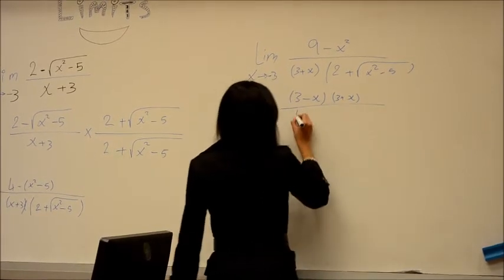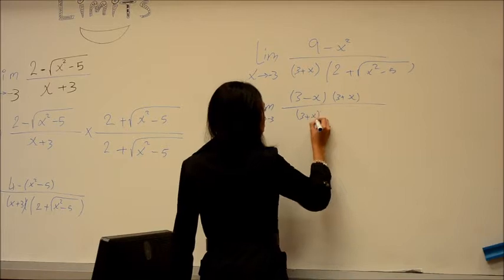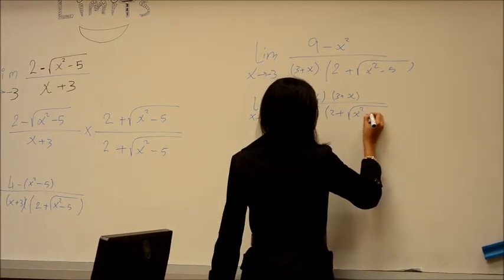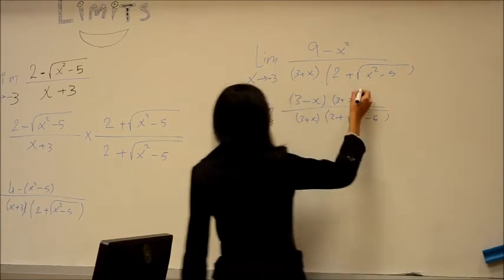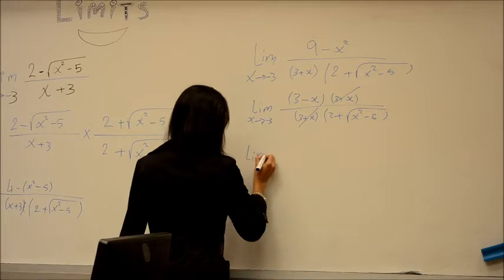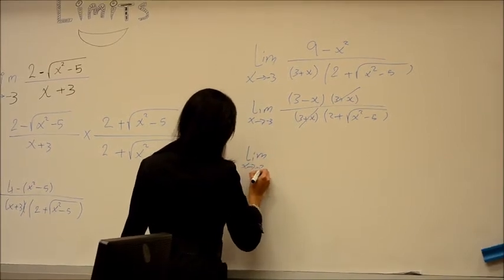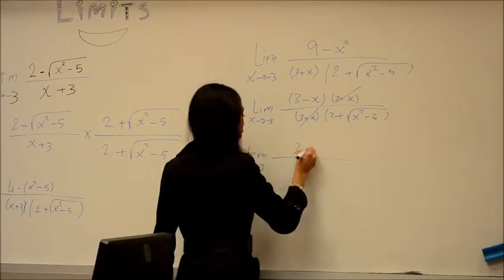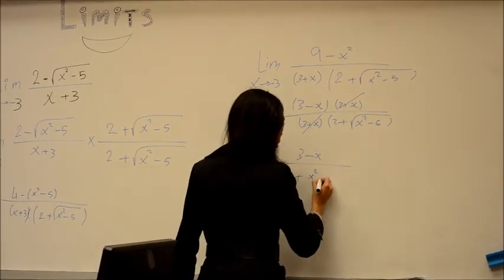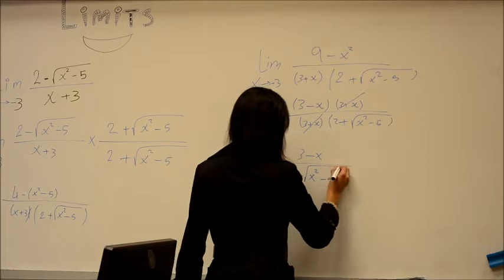So the (3 plus x) would cancel with the (x plus 3), and we would have the limit as x tends to negative 3 of (3 minus x) over (2 plus square root of x squared minus 5),